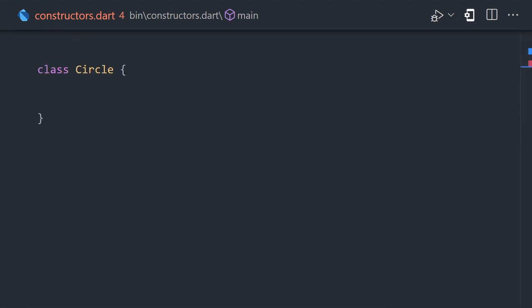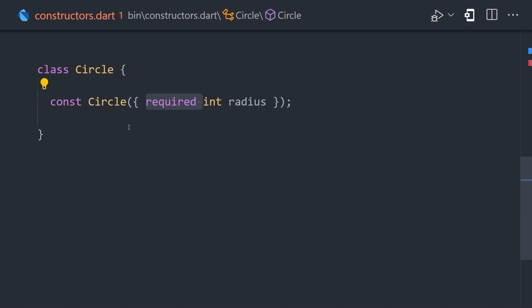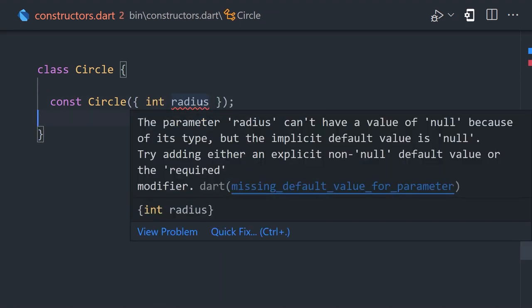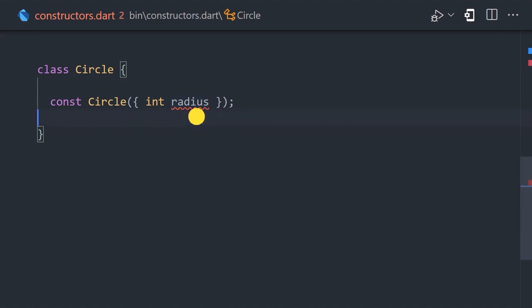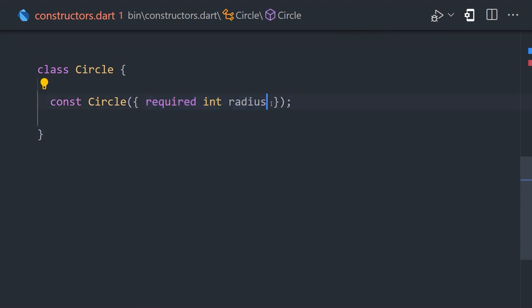In the circle constructor, we can add named parameters by adding braces inside of the parentheses. And notice how when we do that, they implicitly already have a name, so we don't need to declare the instance variables up here at the top. By default, a named parameter will be optional, but you can use the required keyword if it is actually required to construct the object. If it's a non-nullable value, it'll either need to be required or be set with a default value. But if it's optional and nullable, then you can just add a question mark in front of the